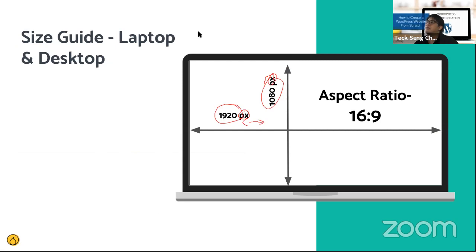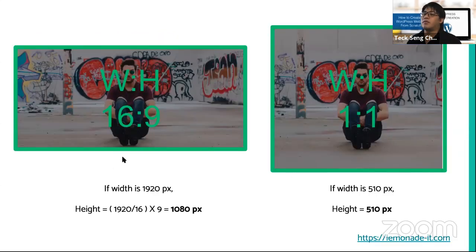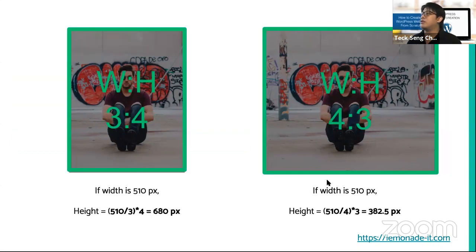Next, aspect ratio. Earlier you saw this aspect ratio. The aspect ratio that we use right now for most computer screens is 16:9. 16:9 is like a movie, so it's a horizontal image. If you want to go for different images on a website, there are actually four types of resolution that you can use. The first type is 16:9, which we mentioned. The second type is 1:1, the third type is 3:4, then 4:3. Usually these are the resolutions that you should use for images.